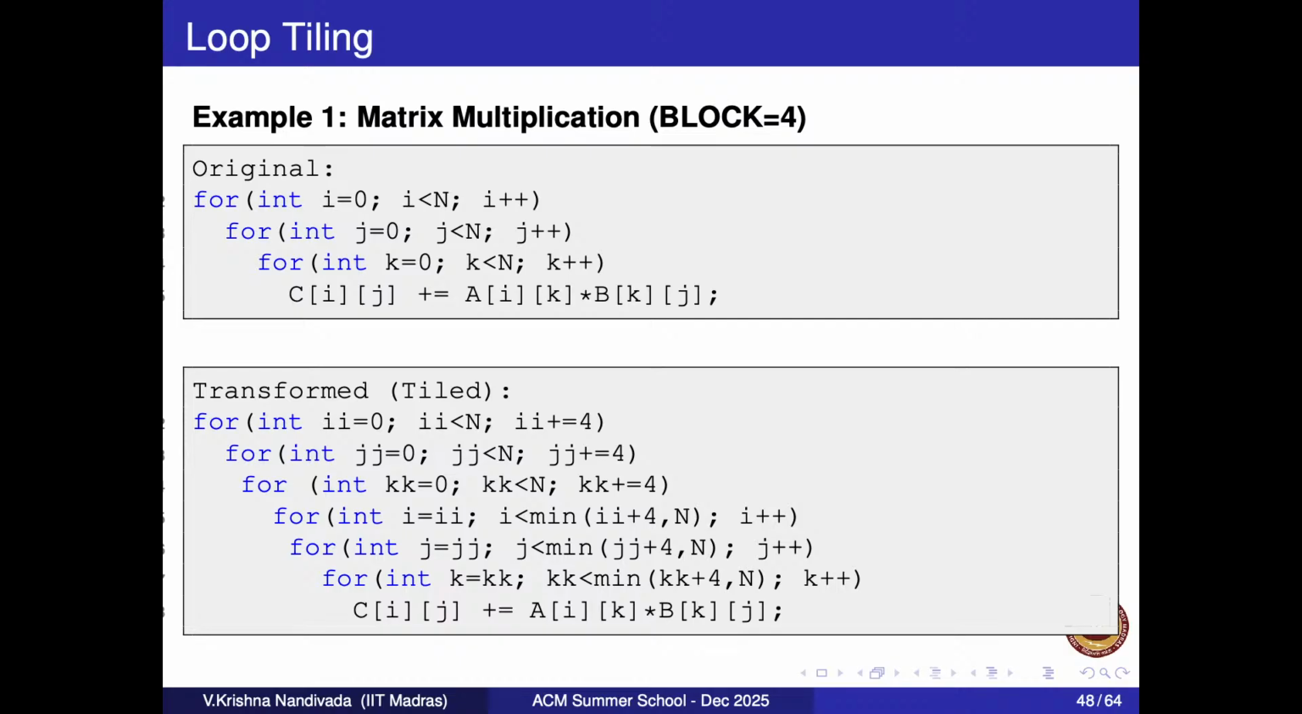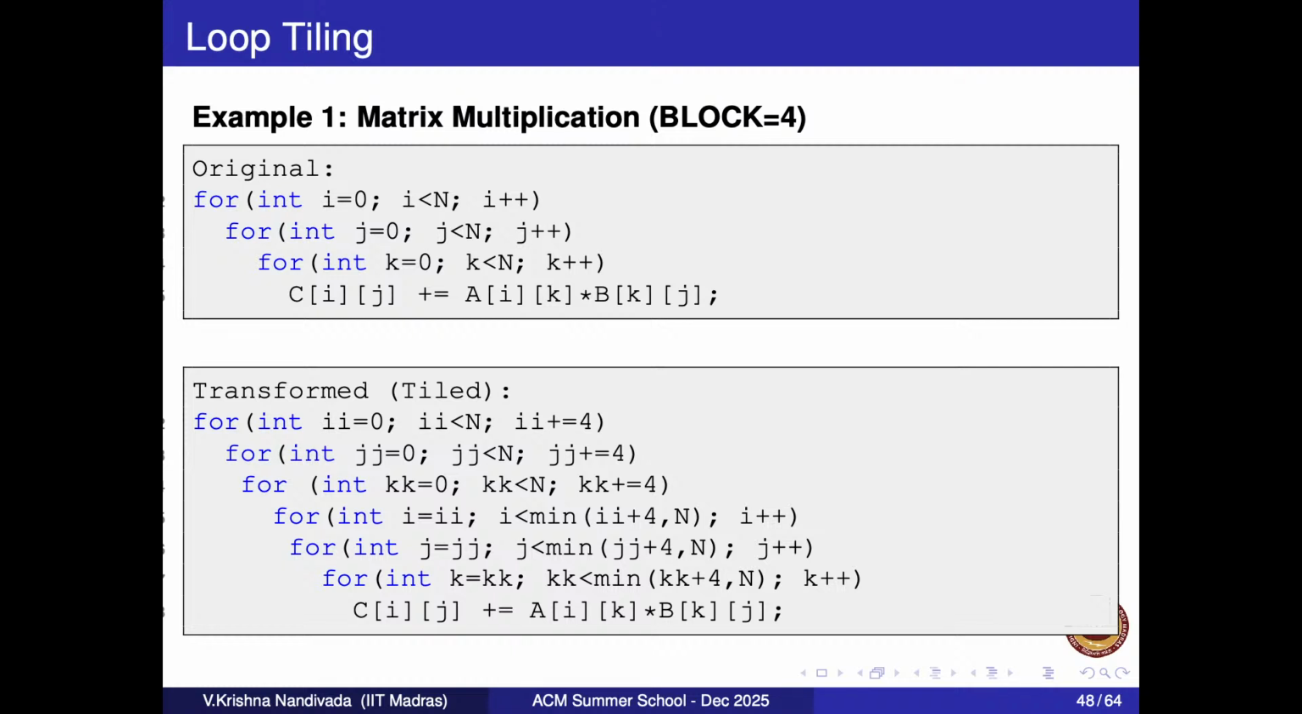There are actually multiple transformations that happen to reach loop tiling. Let us see them one by one. The first one is what we call strip mining. Let us say I have for I equal to 0, I less than n, I plus plus, some statement s. I can replace it with